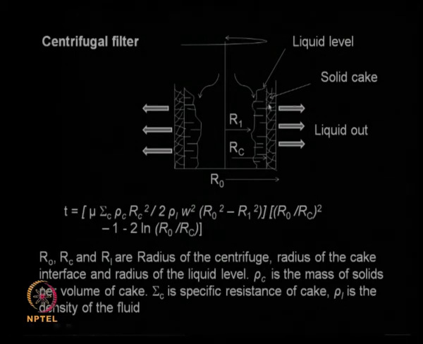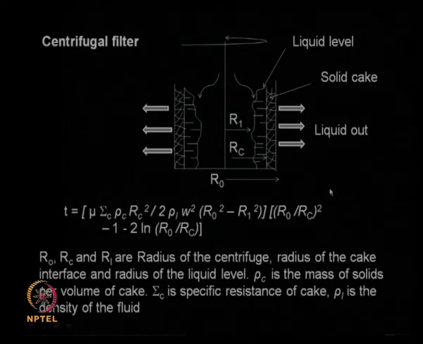The liquid flows through the solid bed that is formed and escapes out. So here the bed is in a cylindrical form, whereas in a flat filter the solid that gets deposited is in a flat form. That is the main difference between the centrifugal filter and the flat bed filter. So the time required to filter